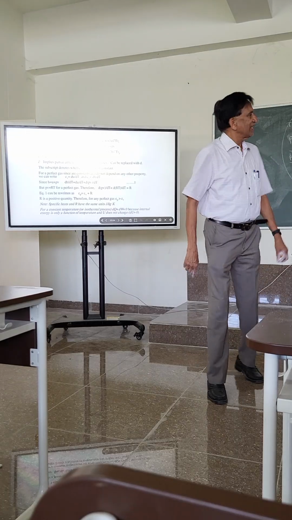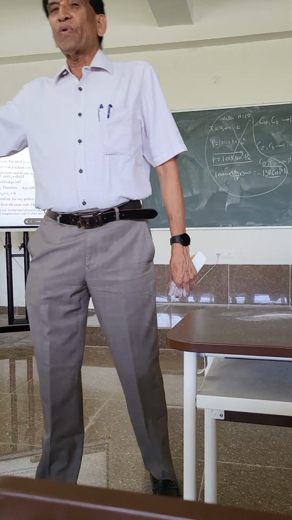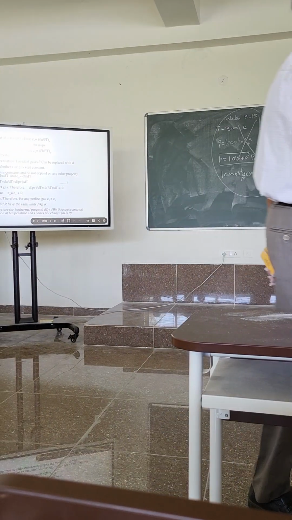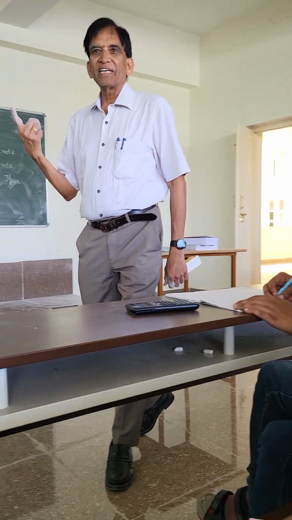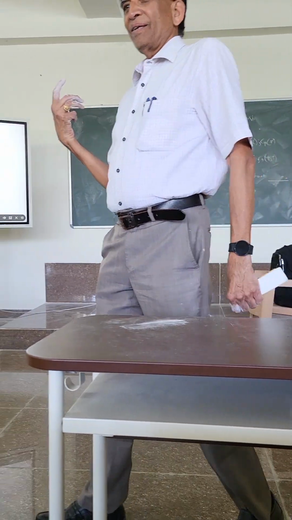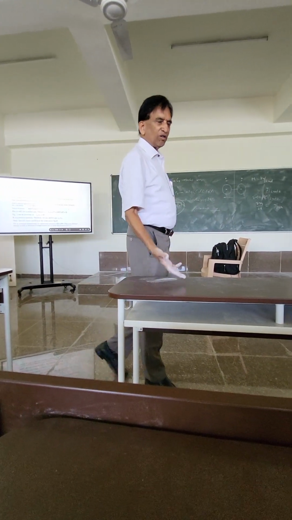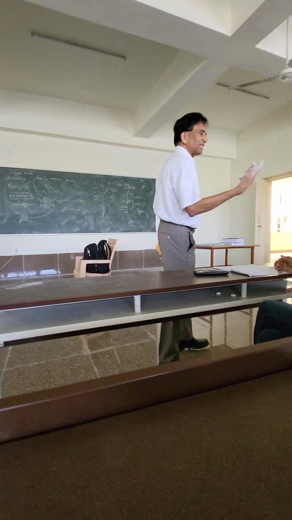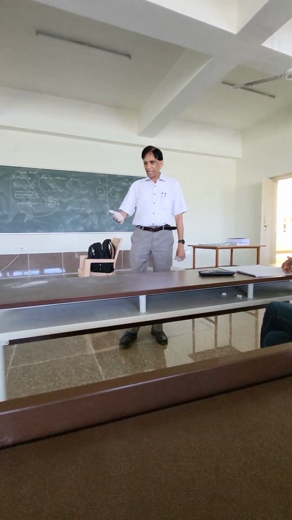Now, we said that they are all functions of specific heats. Now we have to say what specific heat is. In physics, what is the definition of specific heat? The amount of heat energy required to raise the temperature by 1 degree Celsius. Is everyone in agreement? If it is water, it will be some value. If it is iron or wood, it will be some other value. If it is 1 kilogram of xylene, it will be a different value.